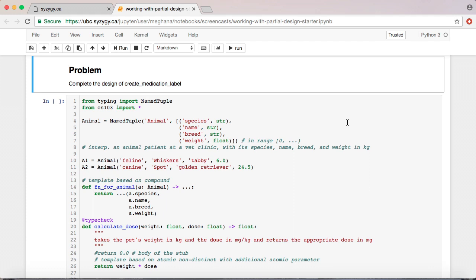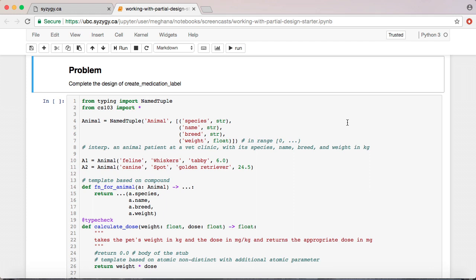In this screencast, we are going to discuss strategies for reading and understanding code that you did not write. This is an important skill because as a programmer, you will often be working with others and will need to read and understand their code. If you need to debug or modify somebody else's design, you may need to read the entire design carefully and understand all of its details.